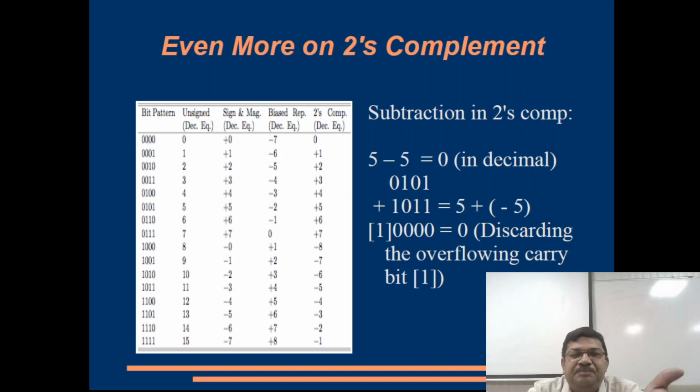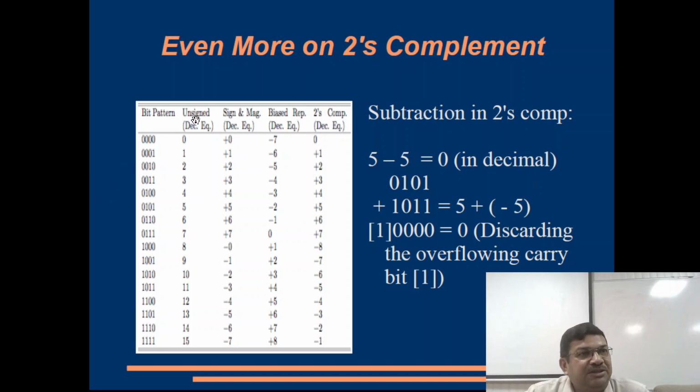Right? So essentially the same operation, adding up a positive integer with its negative counterpart in 2's complement, and you get one carry bit which is discarded, and the rest of the bits are all zeros, and that is interpreted as 0 by the computer. So these are small-range 4-bit patterns, with different integer representations. What do they mean? What do these 4 bits